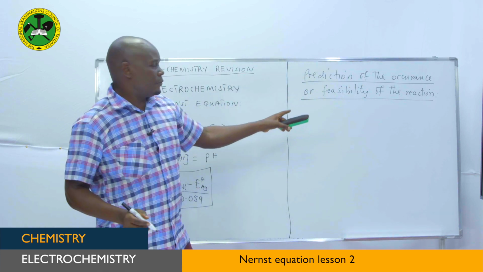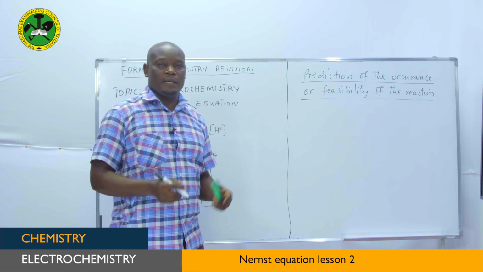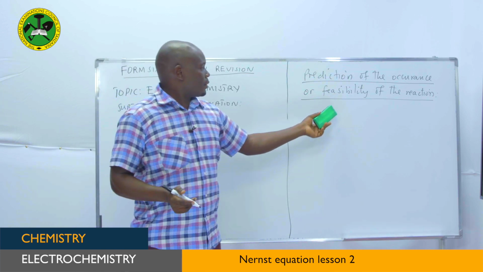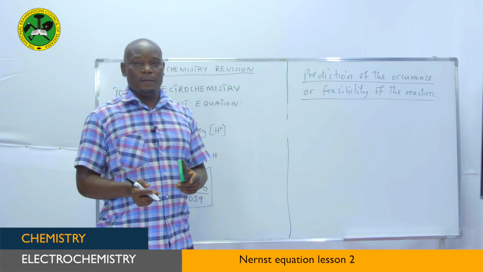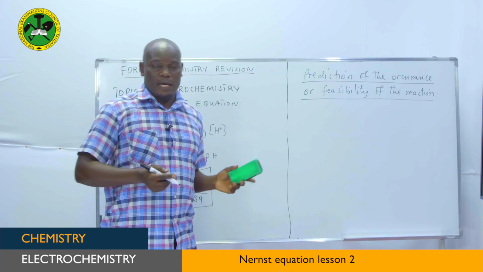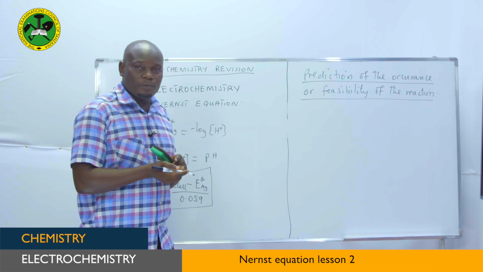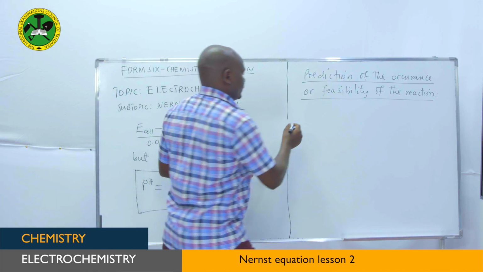So, prediction of the occurrence or feasibility of the reaction by using standard electrode potential. Under this part, you will be given a redox reaction, which you will be asked to judge whether the reaction will take place or will not take place. So consider